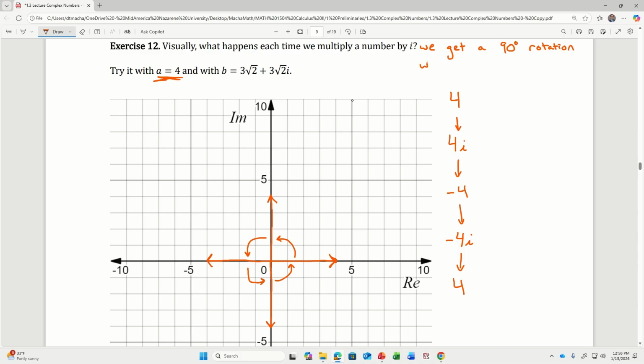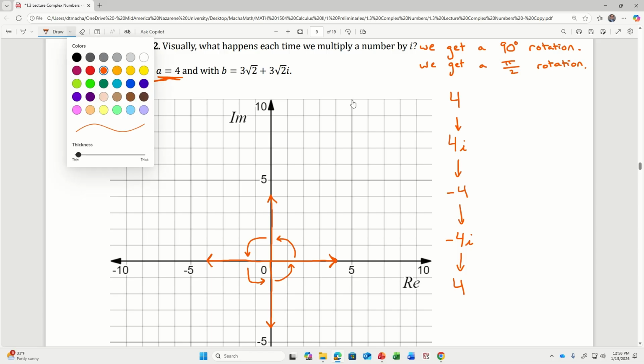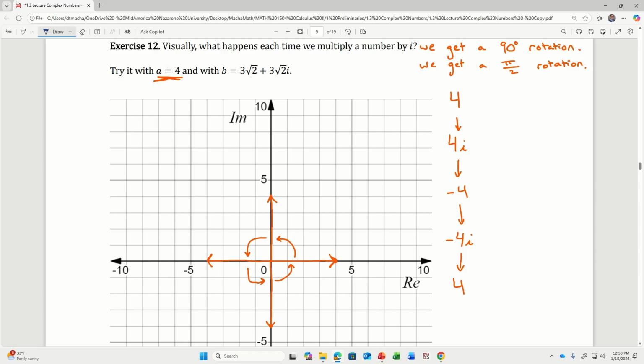Or in radians, we could say we get a pi over 2 rotation. Either way is correct. And I'm not going to make you do all of the gruesome math, multiplying complex numbers in standard form. But if I had this number b, where b is 3 times the square root of 2 plus 3 times square root of 2i, that would be a number,